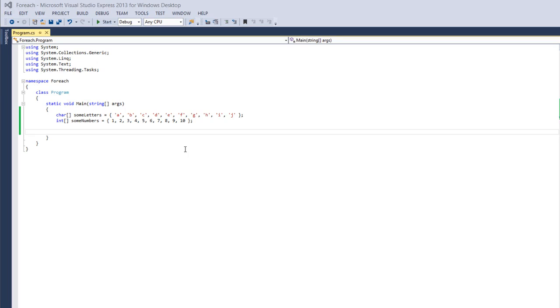Now that we've learned about arrays, I'm going to show you a different type of loop called the foreach loop, which is designed to work with collections of data. Arrays are collections, and as you dig into the C# language, you're going to find there are various other types of collections as well. The purpose of a foreach loop is to loop through an entire collection from start